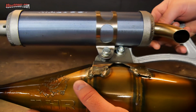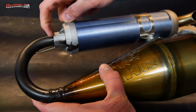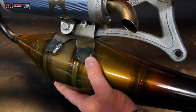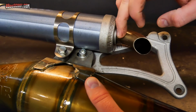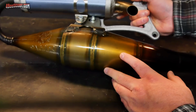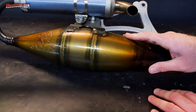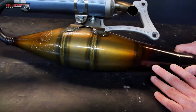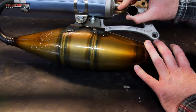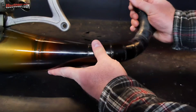Silencer still looks good. The only possible issues there is that I've been getting leakage around the inlet of the silencer and right here near the outlet of the silencer as well. I've had some oil leakage there. To me, not really a big deal because this thing spits oil out anyway. It spits oil all over the pipe because I'm running 32:1 premix, so it's putting out plenty of oil and plenty of smoke anyhow. That's not a big deal. That's kind of expected to happen, I would imagine. So yeah, no big complaints, but